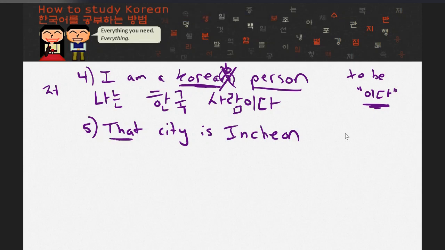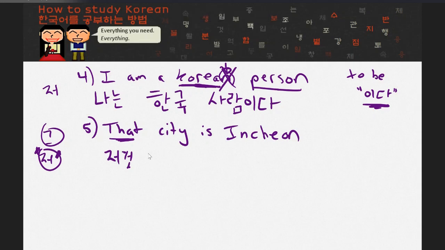Okay, I want to start off by writing the word that, and again, it could be 그 or it could be 저. It doesn't really matter. I'll just use 저 because I haven't really used that all that much in this lesson. So you would use this one in the situation that you're sort of far away looking at something. So maybe in this situation, you're driving by Incheon and from far away, you're sort of looking at it and somebody asks, hey, what city is that? And you can say, well, that city is Incheon. So you'd write this, and again, if you just wanted to say that is Incheon, you could just put